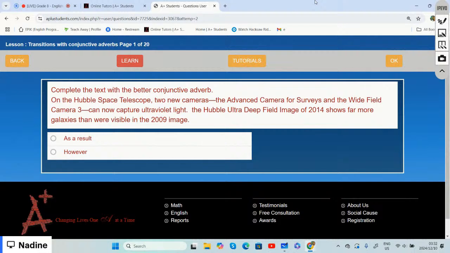We now need to choose the correct word. Do we say as a result, the Hubble, or do we say however, the Hubble